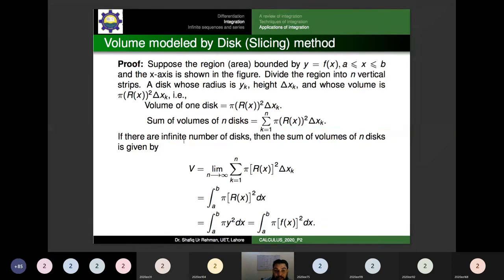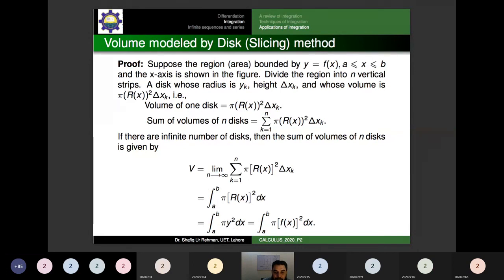So if there are an infinite number of disks, then the sum of volumes of n disks is going to be described by this one. And again, you need to bring in the concept of Riemann sum. On top of that, the limiting value will take you to a definite integral. So this is all. The formula is there, the very first formula. V is going to be captured by this definite integral, pi